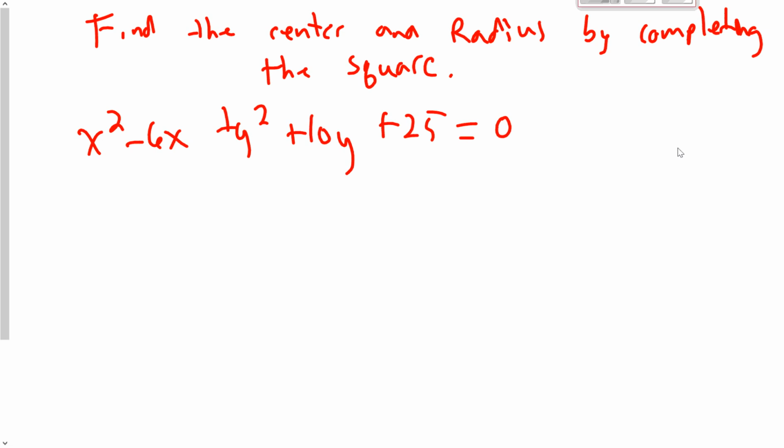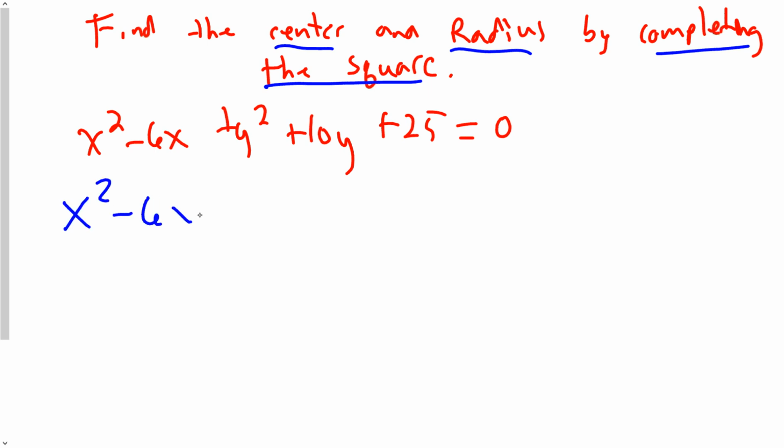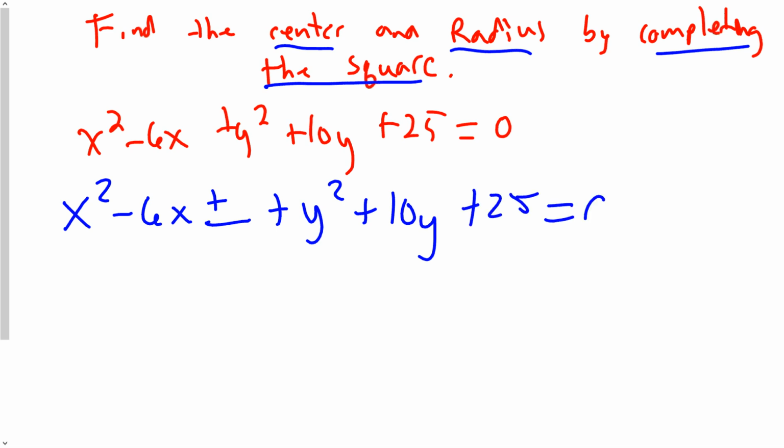So here's a problem that is in general form, and we want to put it in center radius form by using completing the square, and we're going to have to do completing the square twice, right? So I want to put everything that has an x on one side, and then on this side put your y's, plus 10y, and then plus 25 equals 0. So first of all, I want to move